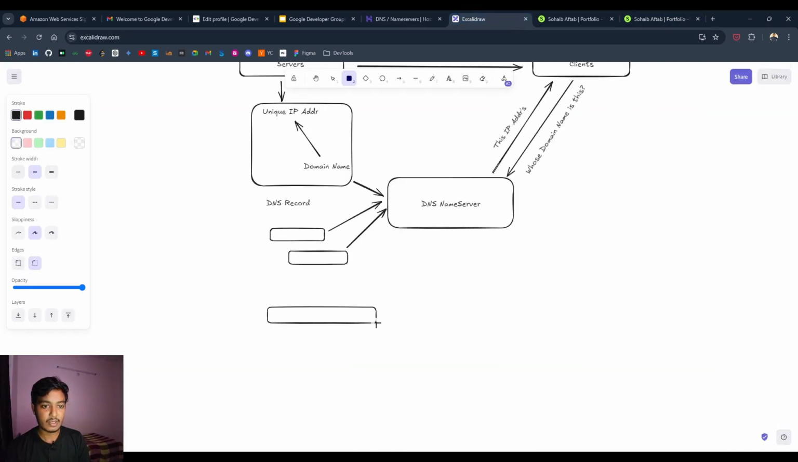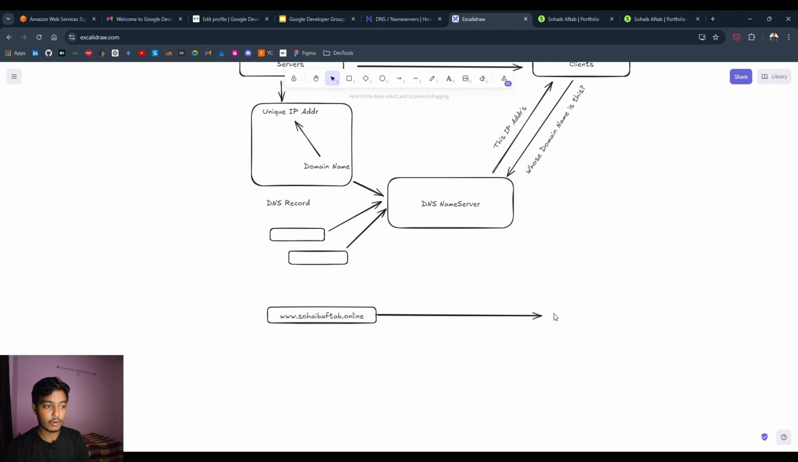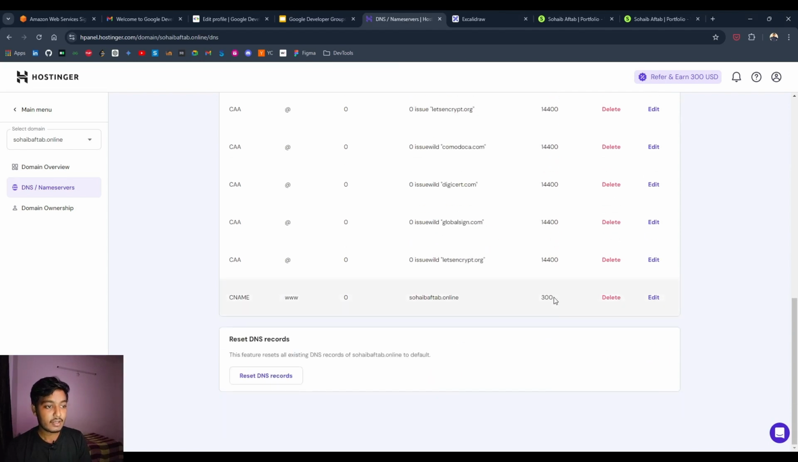It is basically saying that www.sohaibaftab.online is an alias, like just another name for the original domain name, that is sohaibaftab.online. Okay, here comes TTL. TTL is basically time to live, and it tells how long this information will stay on